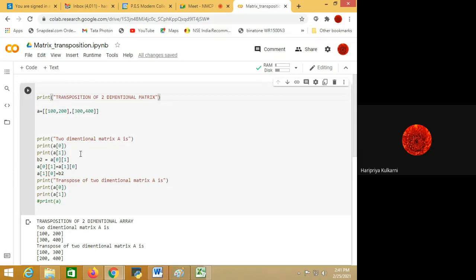Now I want to edit A01, meaning this 200, and A10, meaning 300. If I try to overwrite A01 with A10, then this 200 will go, so I have to put it somewhere. I am taking a variable, say B2. B2 is equal to A of 01, meaning this 200 I am putting inside B2, so that though A01 is overwritten, I have the value in B2. Now I am overwriting A01.